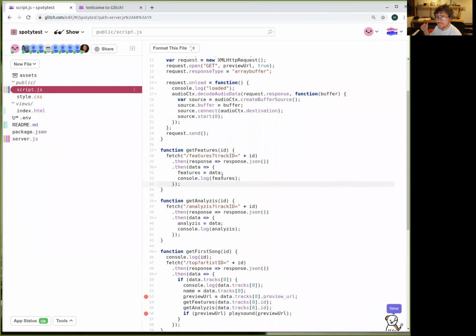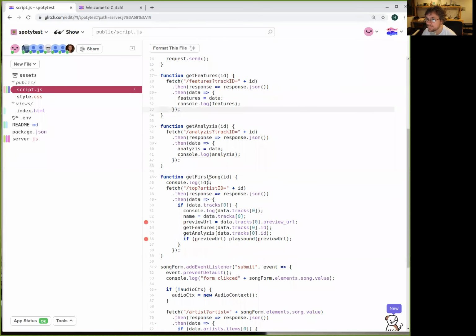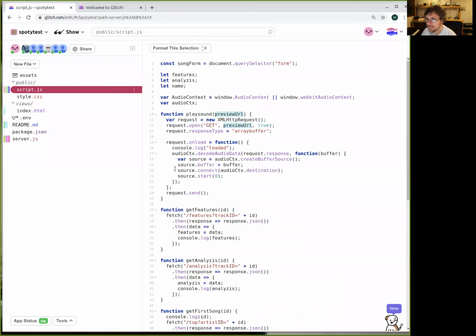Okay, you do the query to related. You get the JSON with the related artists in order. You have the ID of that particular artist. You call the function get top, get first song, but now you're gonna get it for those 5 artists. You are gonna end up with the preview of the songs. You are gonna store that in buffers in the same way that you are doing here in the source, okay,